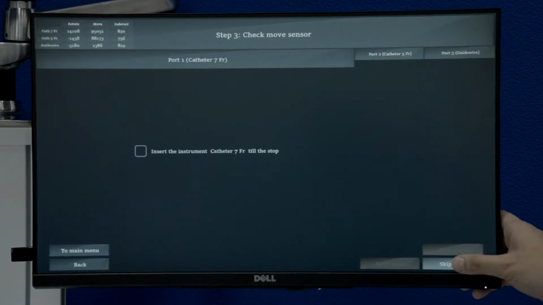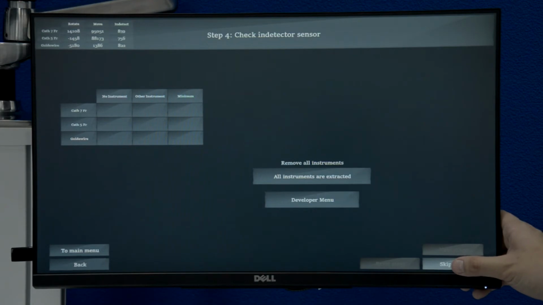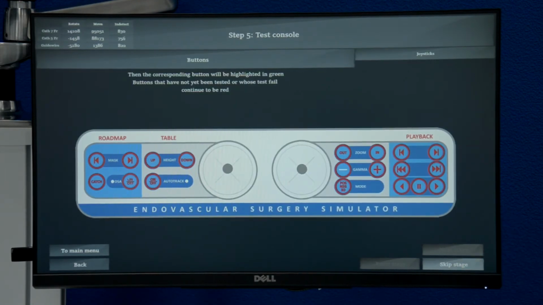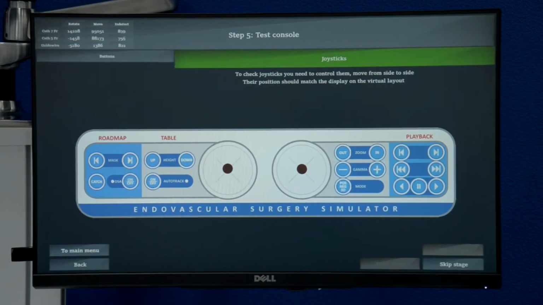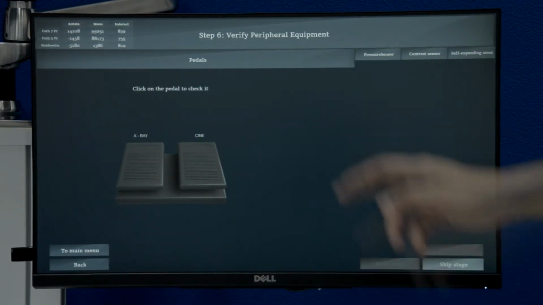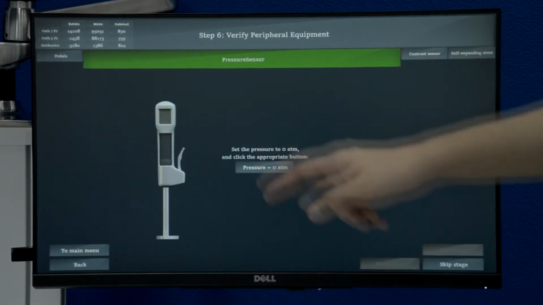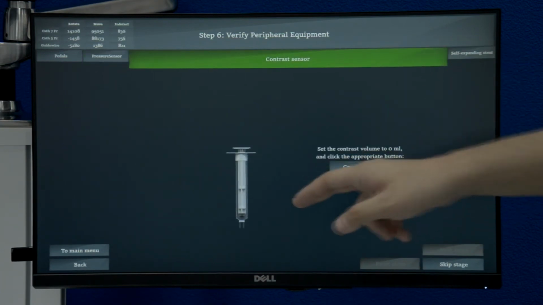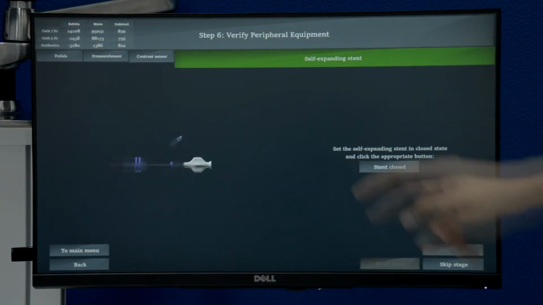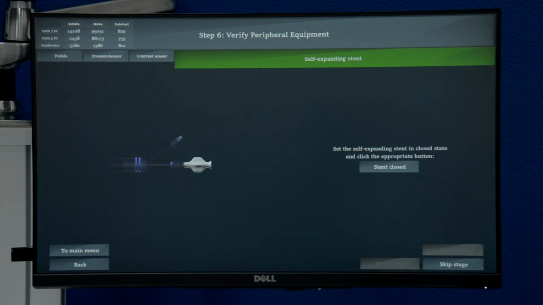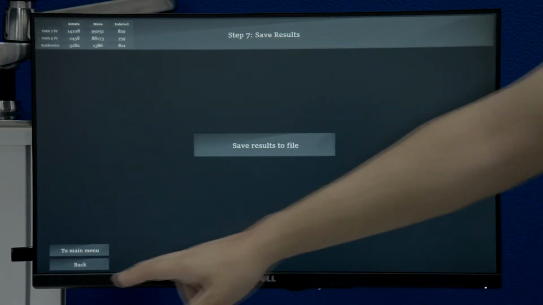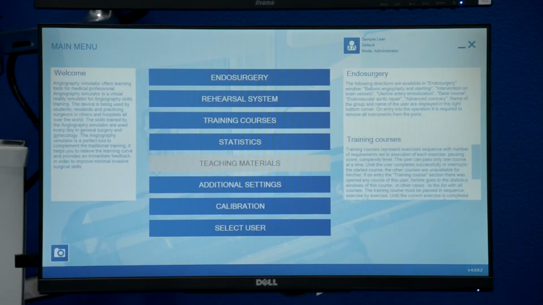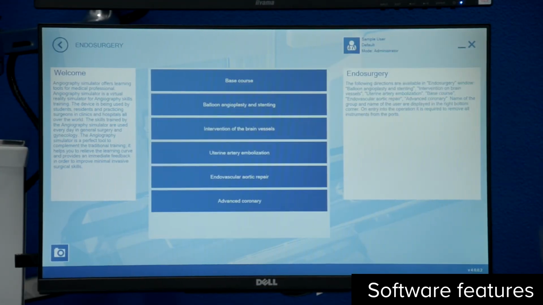check movement sensor. This is where you configure, for example, your control panel and joysticks. Next, pedals, inflator, contrast syringe, self-expanding stent if you have one, and save results to file. Done. Let's have a look at our training modules, and they are located under the Endosurgery tab of the main